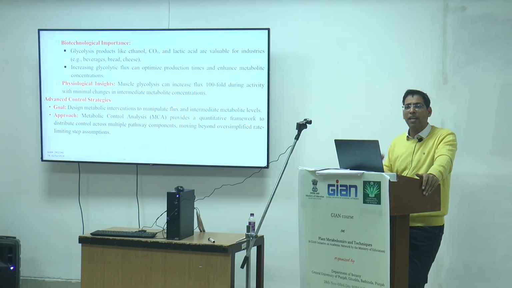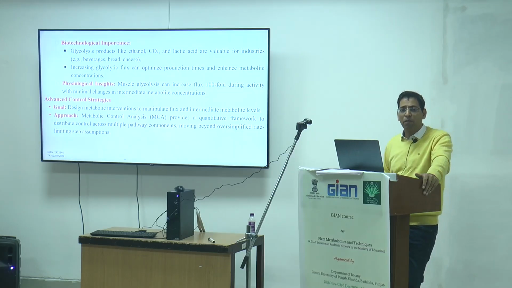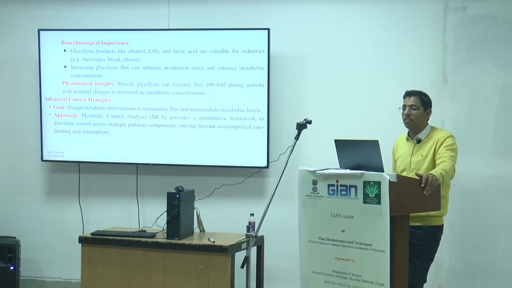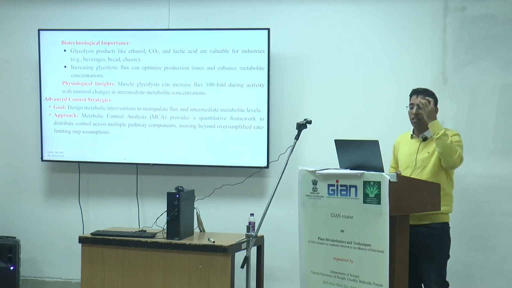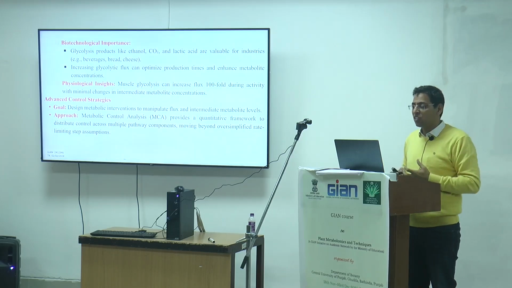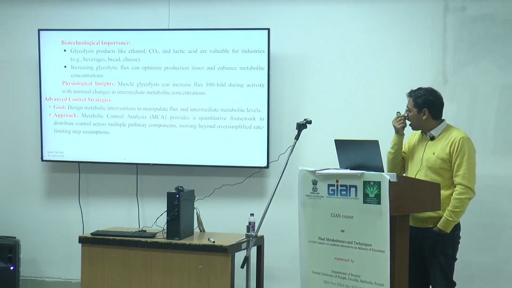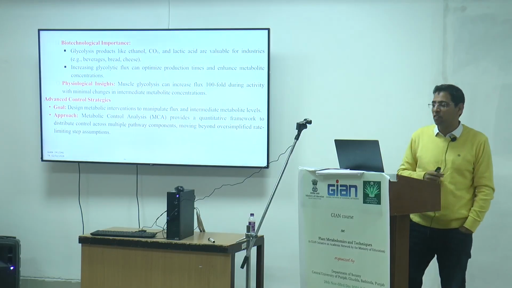Glycolysis produces many side products like ethanol, CO2, and lactic acid, which can be used for different purposes: beverages, bread, and cheese. So increasing glycolytic flux can optimize the production time and enhance the metabolite concentration also. Physiological insight, if you think so, muscle glycolysis can increase 100-fold during activity with minimum change in